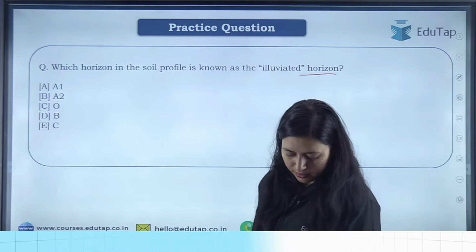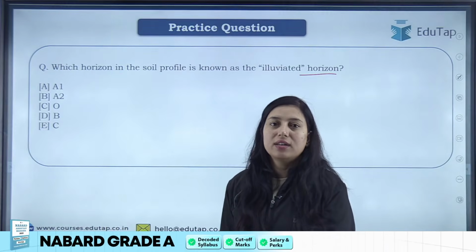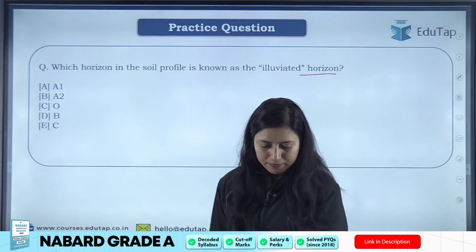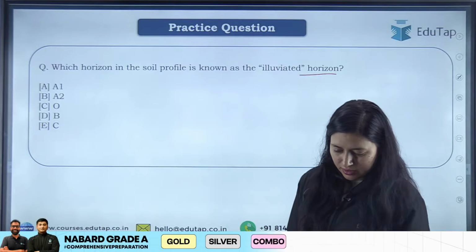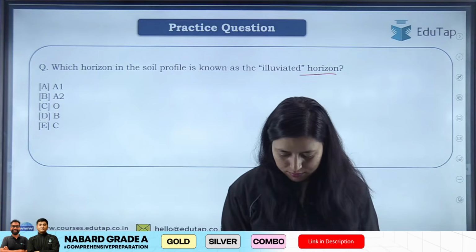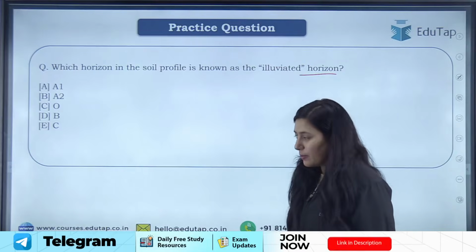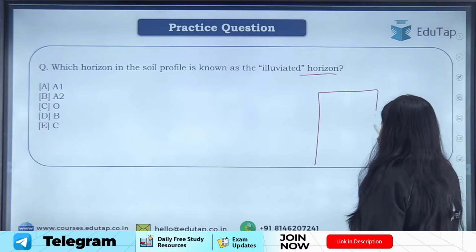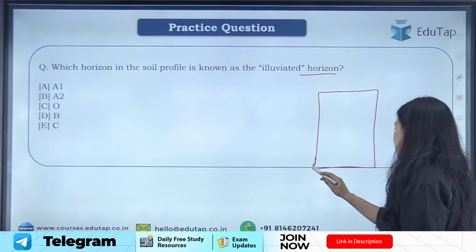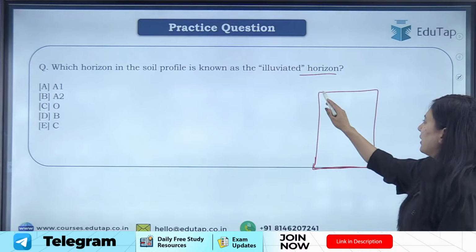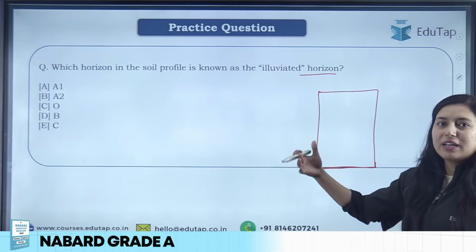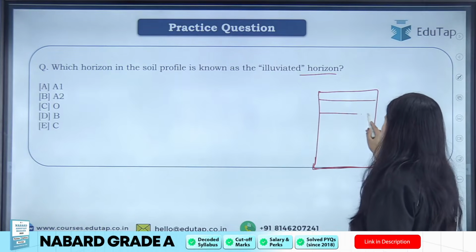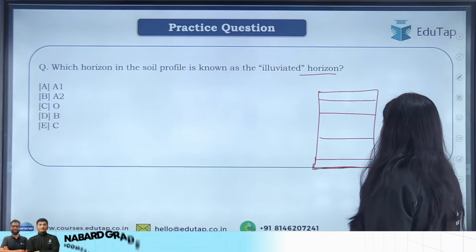ठीक है, what will be the answer? Illuviated soil horizon, किस horizon को कहा जाता है? Quickly give me the answers. So basically students, when you talk about soil horizon, horizons क्या होते हैं? If we see soil profile, ठीक है, if we see soil profile, जैसे हम सबकी एक प्रोफाइल होती है, राइट, ऐसे ही सॉइल की प्रोफाइल होती है। सो डिफरेंट सॉइल विल हैव डिफरेंट टाइप ऑफ प्रोफाइल। सो इफ वी सी द सॉइल प्रोफाइल, देयर आर डिफरेंट लेयर्स इनसाइड द सॉइल प्रोफाइल, ठीक है, बहुत डिफरेंट लेयर्स होती हैं इनसाइड द